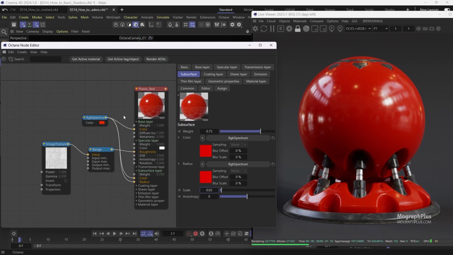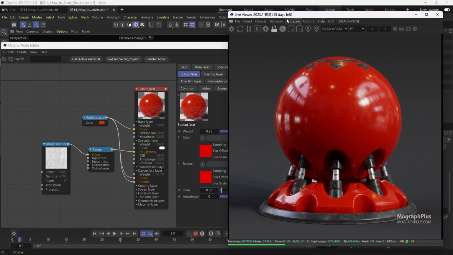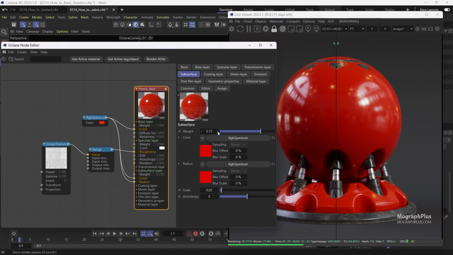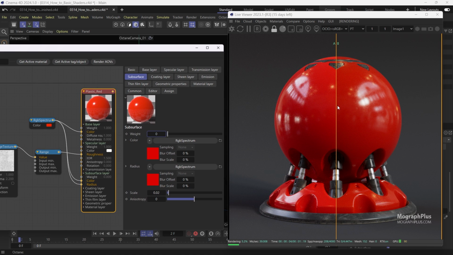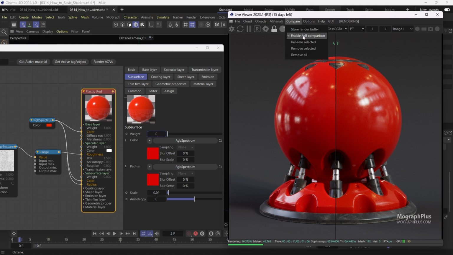It's beautiful. Now let's compare the shader with and without subsurface scattering. So from the compare menu, choose store render buffer. Now we can set the SSS weight to 0. Now we can see the shader with SSS on the right side and without it on the left side. Pretty cool. Let's disable A/B comparison from the compare menu